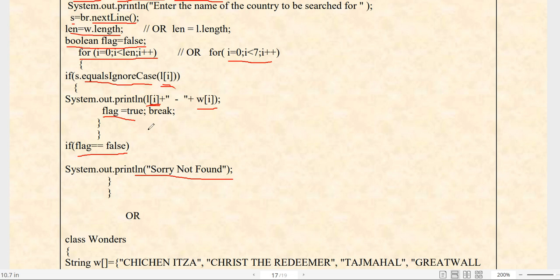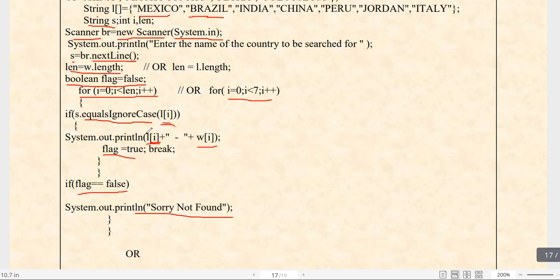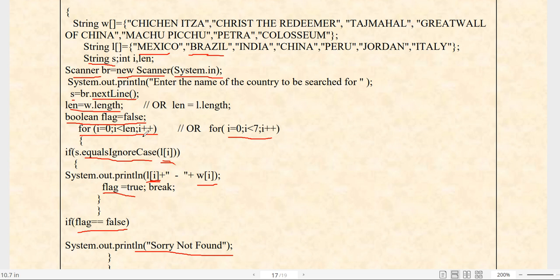So if the element is found in the given array, then this statement will execute and both values from the given array will be printed. And if it is not found in the given array, then this particular statement will execute. Okay. So in this manner you are able to find the desired element from the given array. This kind of searching is called linear searching. Why is it called linear searching? Because in this case, whatever loop we apply, it will work from 0 to the last element of the array.